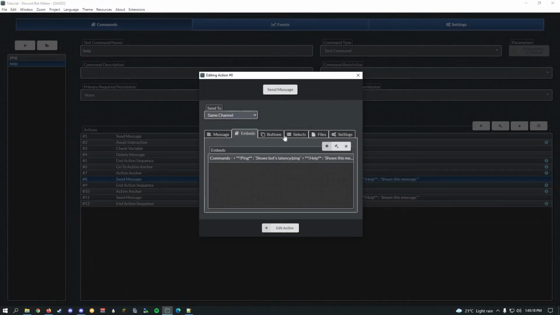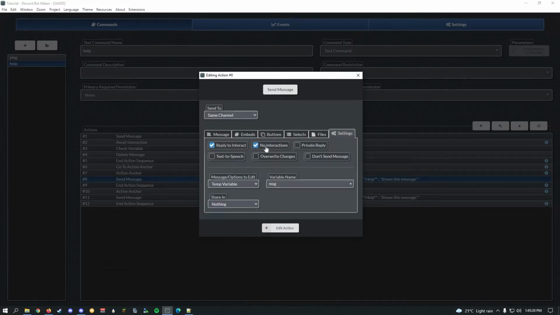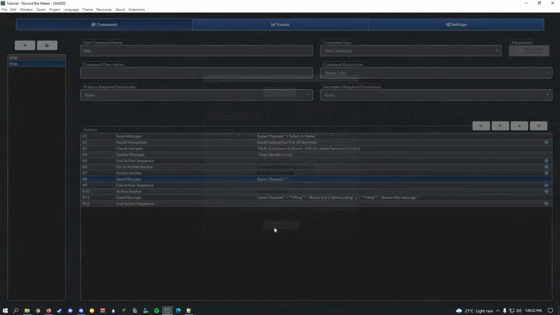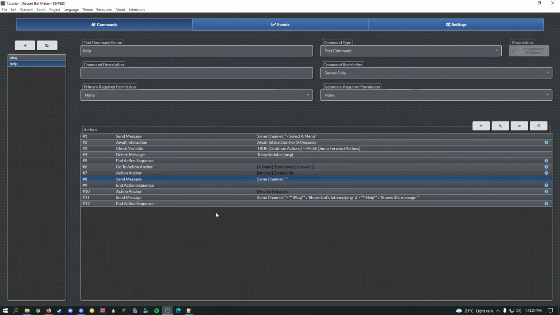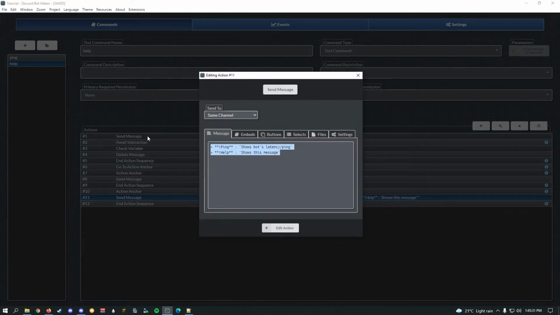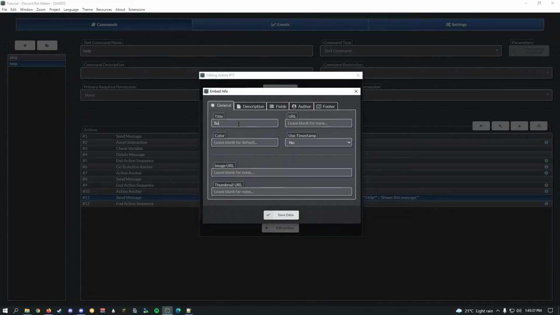So yeah, this should work, and no interactions is checked. That means it'll have no buttons or no select menus, it'll just be an empty embed. Alright, so I guess let's do the same thing for support. Let's put a space here and just do